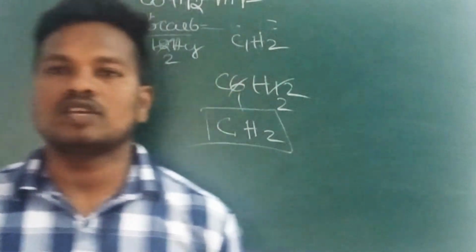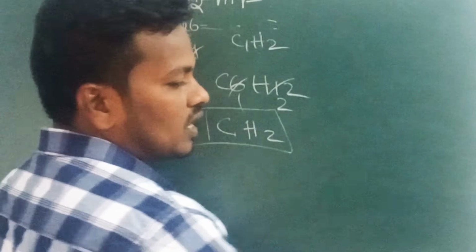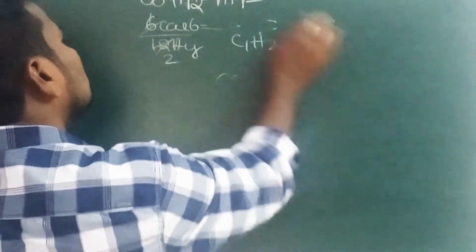The molecular formula gives the total information, exactly how many atoms, whatever number is present. In some compounds, the molecular formula and empirical formula are similar. It happens when the molecular formula is already present in the simple ratio. There is no need to make it an empirical formula. Empirical formula means you are making the molecular formula into its simplest form. Since the molecular formula is already simplest, there is no need to reduce it. That's why in those cases the empirical formula is equal to the molecular formula.